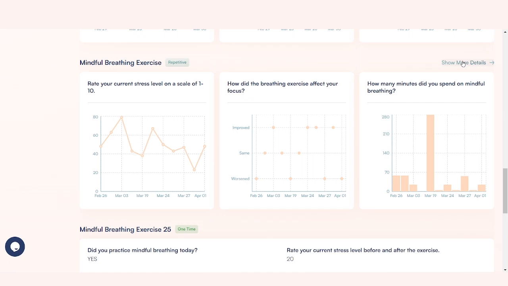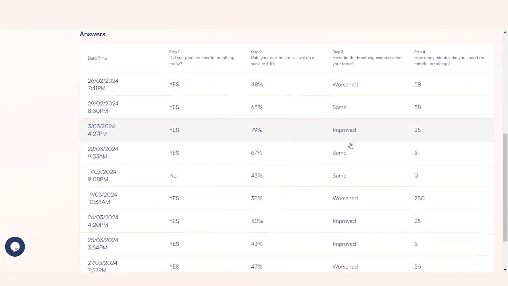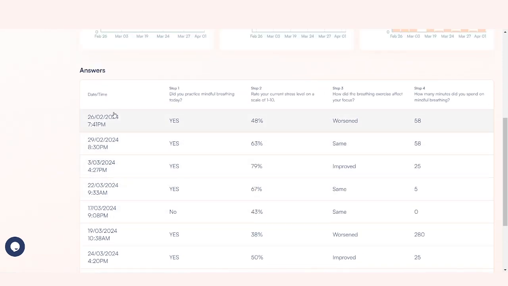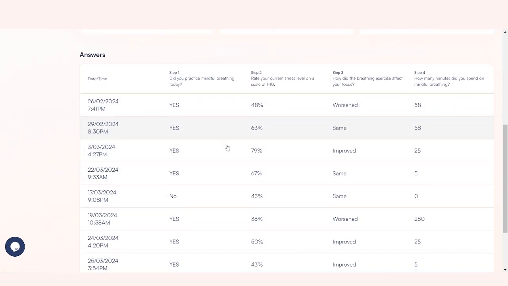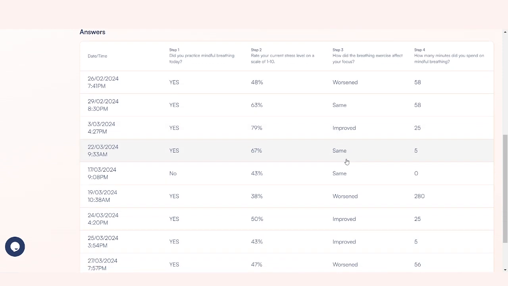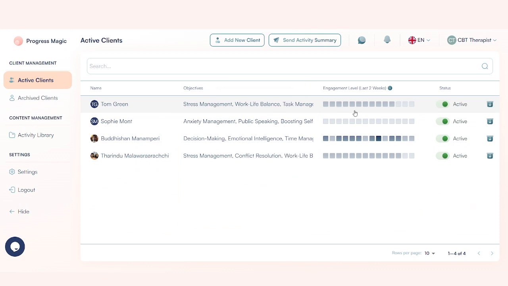When you click Show More Details, you will see all of the responses given to each advanced tracking step along with the date and time of completion. By analyzing these responses, you can see the effectiveness of the activities as well as identifying any patterns or trends about the client's behavior. In addition to these core features, we have the localization for 3 languages,